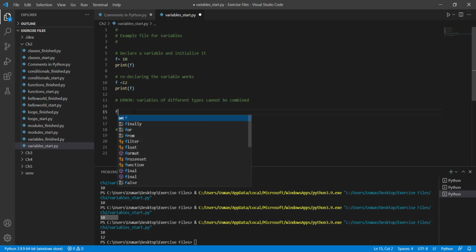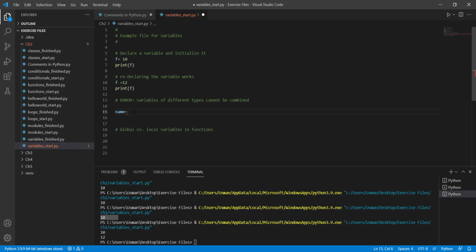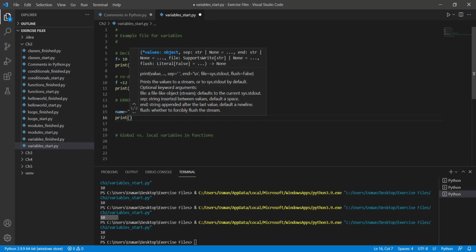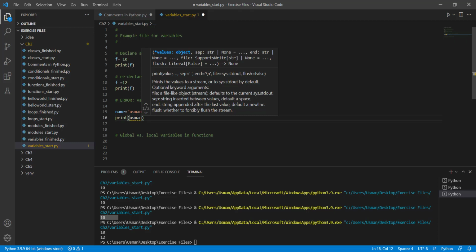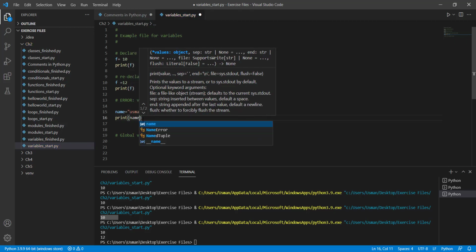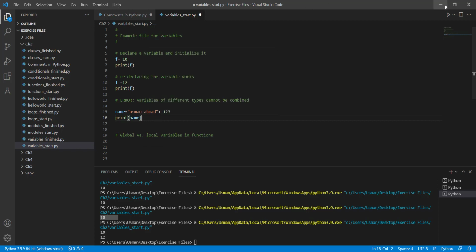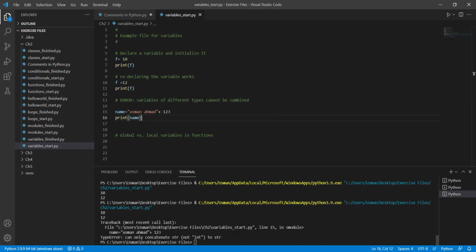So for example, if I create a variable with name here and I put the value here as my name plus 1 2 3, and if I print this variable name here, as you can see this is printed in different formats and it is not printed as a string